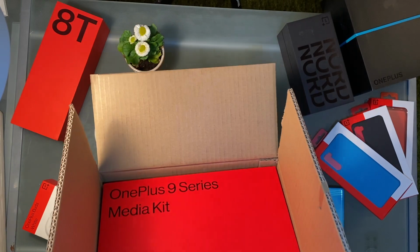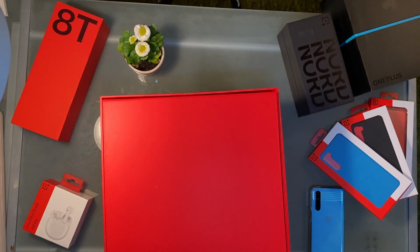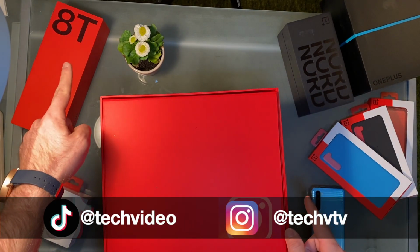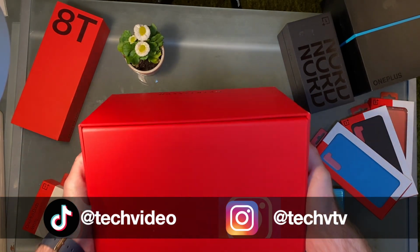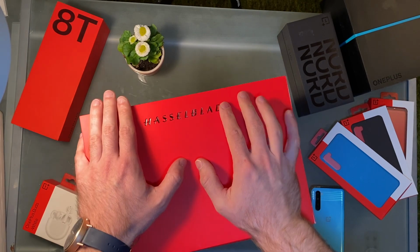And as you can see on the table, I have a few other devices that are also from OnePlus, so I have been using them for quite a while now. My main phone is the OnePlus Nord. I know there is the 8T on the table. Why am I using the Nord? Well, I'm using the Nord because, I don't know, I just liked it and it was good enough for me, and I also have an iPhone as a secondary device for just social media stuff, but actually my main device has to be Android, and now it will be